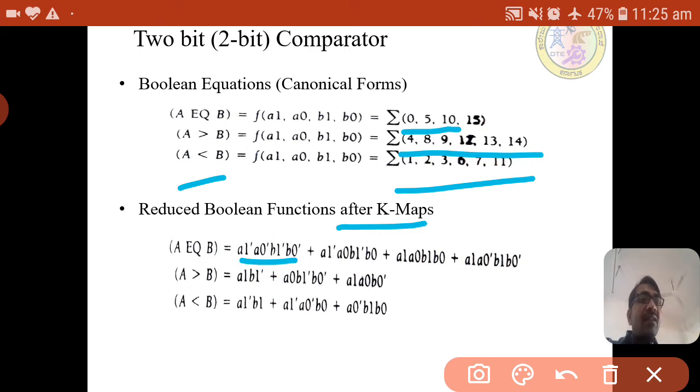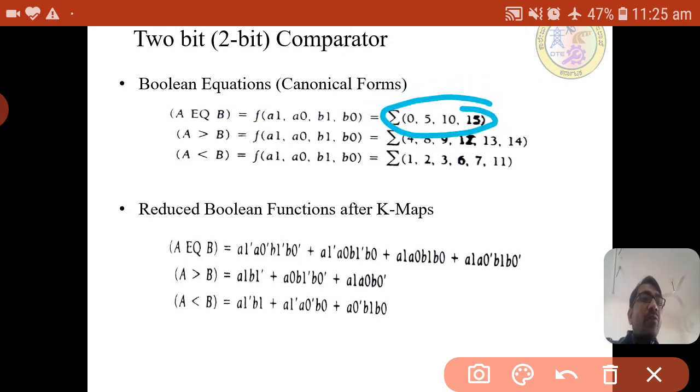As I told earlier, for A equal to B we can't reduce, because we can't map the values, as there are no adjacent cells, so it will remain as it is. But if you compare A greater than B and A less than B, these two are reduced.